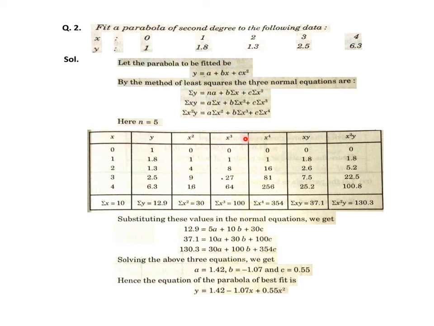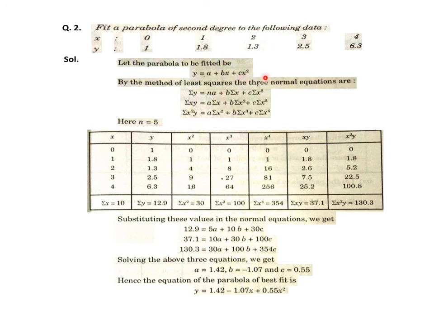Suppose in this particular problem, instead of the assumption of a parabola y equals a plus bx plus cx square, a parabola is given with the problem: fit x equals a plus by plus cy square. Suppose x and y are interchanged as a constraint, then what do we have to do? Nothing much to be changed. If x equals a plus by plus cy square is the parabola which we have to fit, then the independent variable is